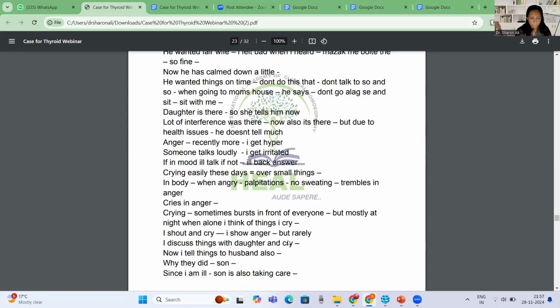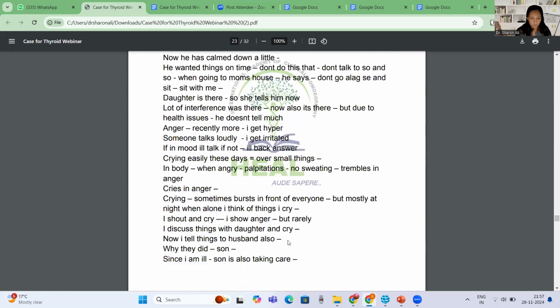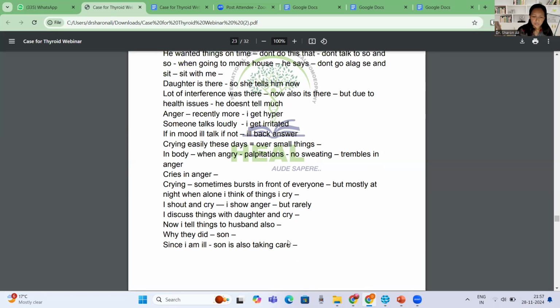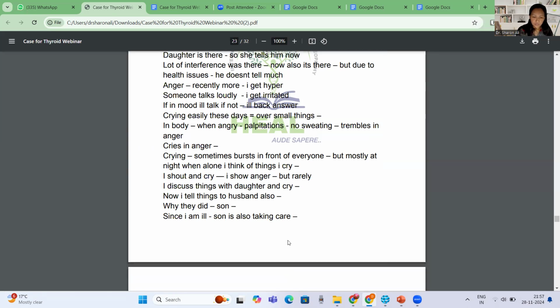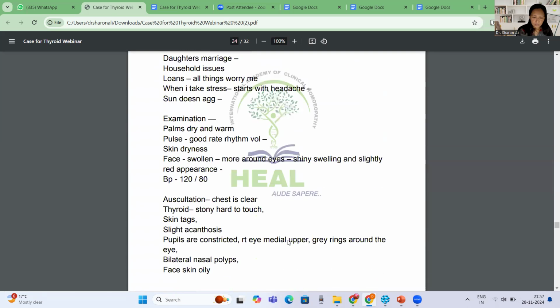So here is the thing: crying easily these days over small things, in the body when angry, palpitations, no sweating, trembles in anger, cries in anger, and sometimes bursts out in front of everyone. But mostly at night when I'm alone, I think of things and I cry. Okay. Now these are her